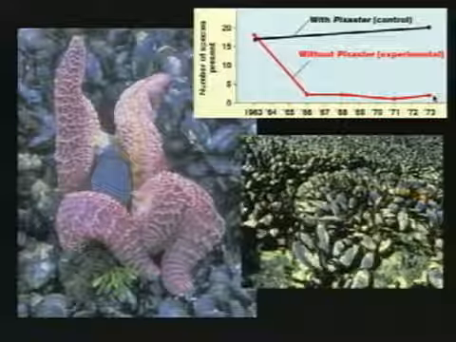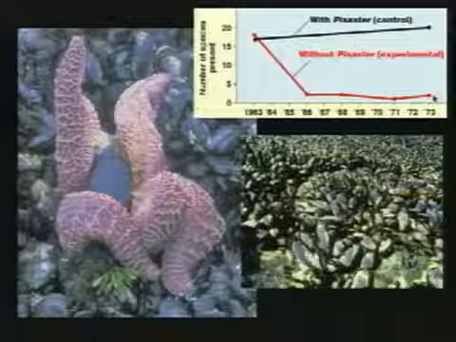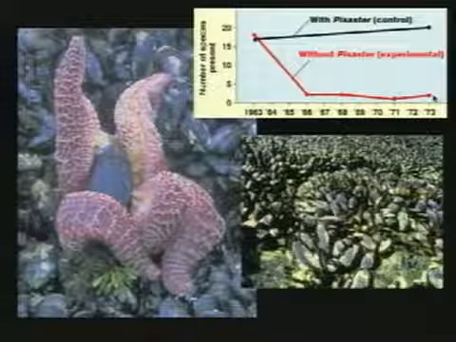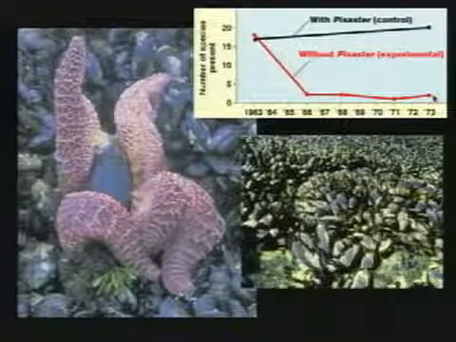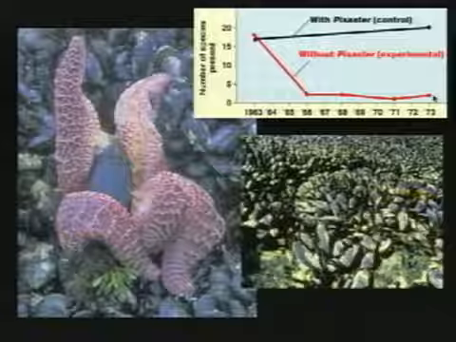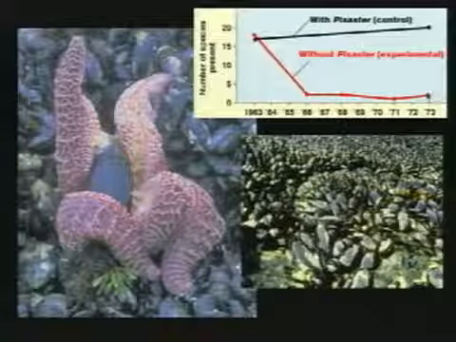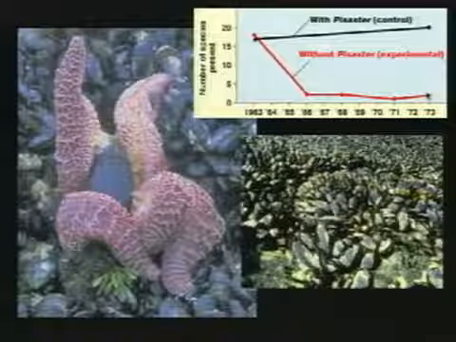Other factors. For example, disease. Yeah, that's what people are saying. That's great. Or climate change. Maybe the waters got really cold over that decade and the community was restructured as a result of changing water temperatures, or a disease came in and just knocked everything down. Yeah, so that's the importance of having that control, and it's really compelling data that Pisaster is playing a major structural role in that community.